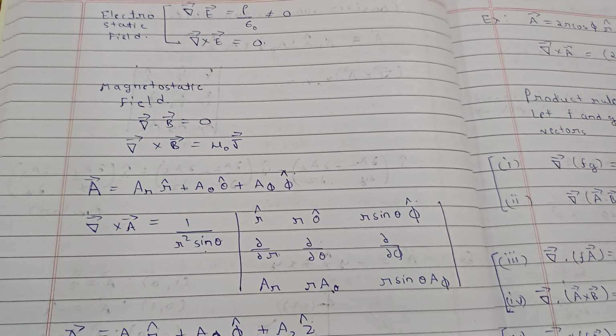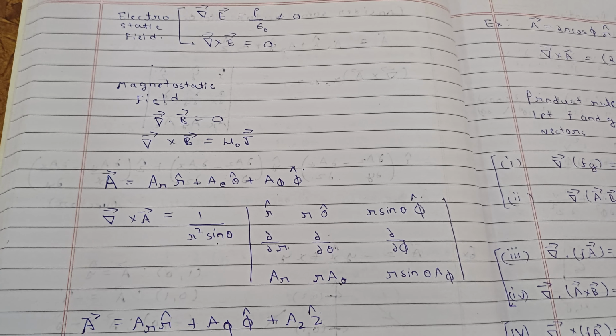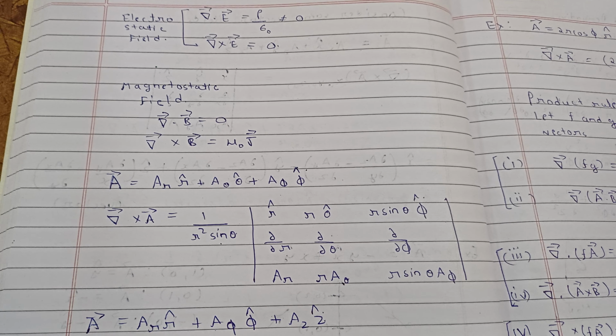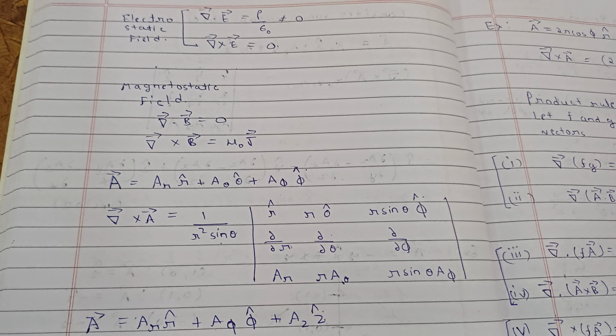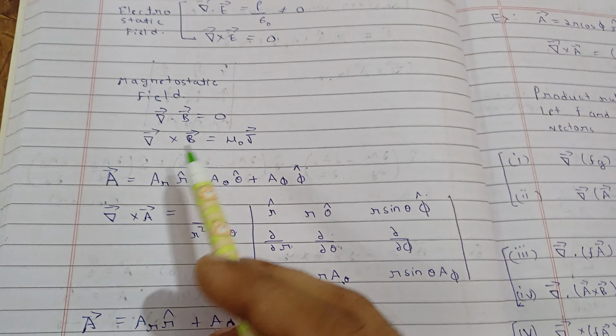So hello everyone, this is lecture 57 for mathematical physics. In the last lecture we were studying divergence and curl. So let's see some more properties of curl, means how you can find curl in the spherical coordinate system or the cylindrical coordinate system. So we did up to here.